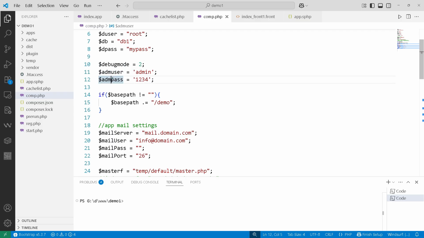ADM user and ADM pass are the admin username and admin password for default login and to do some specific tasks,